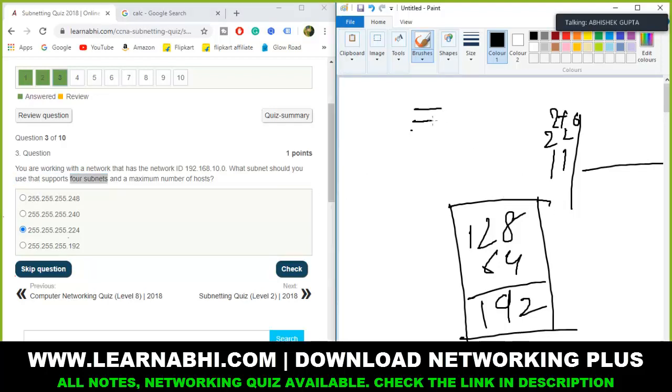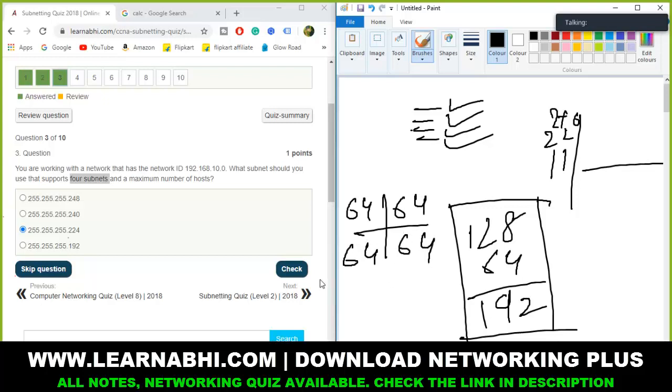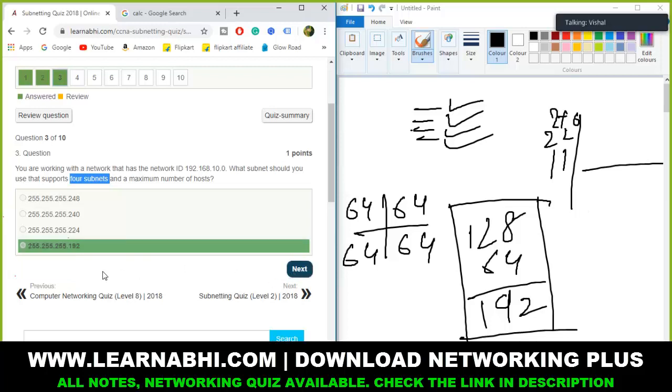If you find the 4 subnets, all of these 4 subnets are getting the maximum number of addresses only. This is the tricky part. Don't look at this. 4 subnets means what? If you're taking 4 subnets, all these subnets are getting the same equal number of IP addresses only, right? It is going to become 64, 64, 64, 64. Why is it different? Tell me. Is it clear or not? Let's check. See, this is the correct answer.